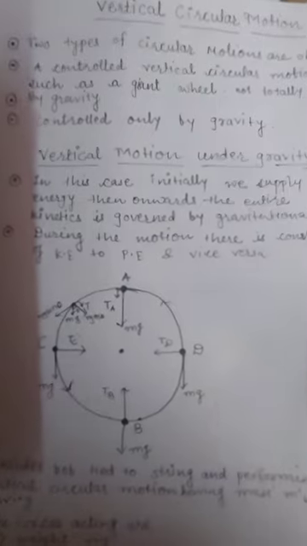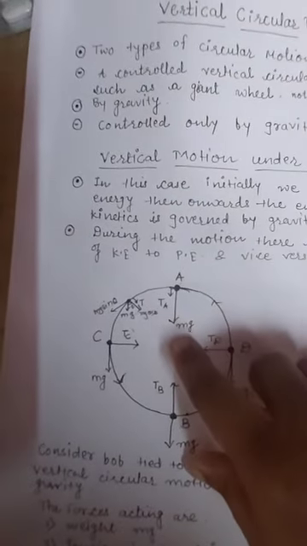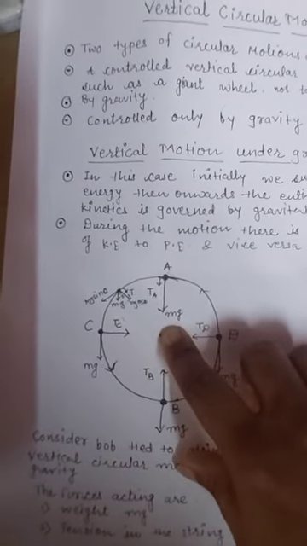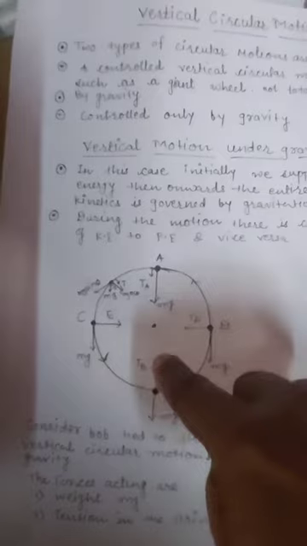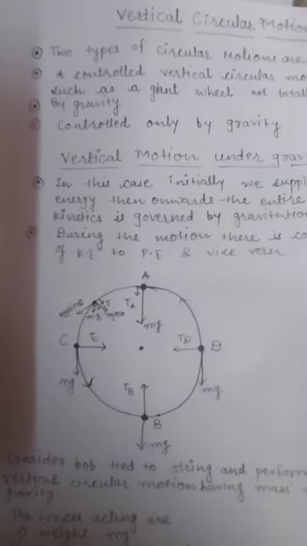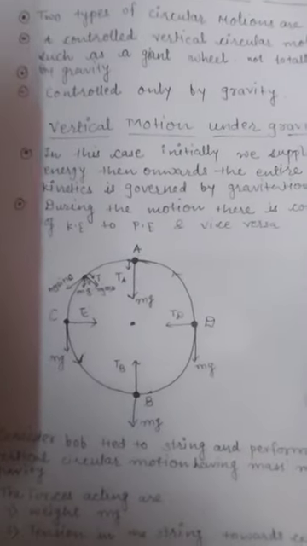So here, what will be the potential energy? mgh. Now here the height will be from B to A, meaning it will be r plus r, which is 2r. So your potential energy will become mg into 2r. So let us find this. What will be the expression further?